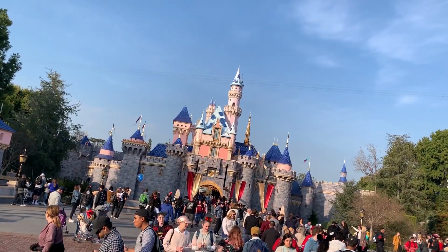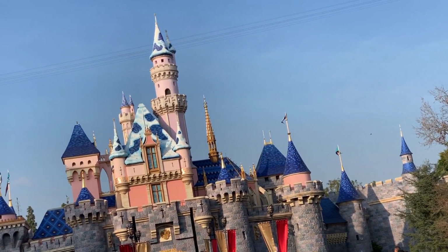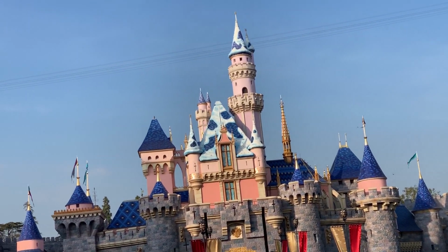It's Drew here and I'm back at the Disneyland Resort if you could not tell. And you can also see all the snow starting to come down. So that's kind of exciting to see because we're now hitting that spring lull, at least until this Friday, when Rise of the Resistance is opening. So we're going to check out all the updates in the park itself as well as the resorts before Rise